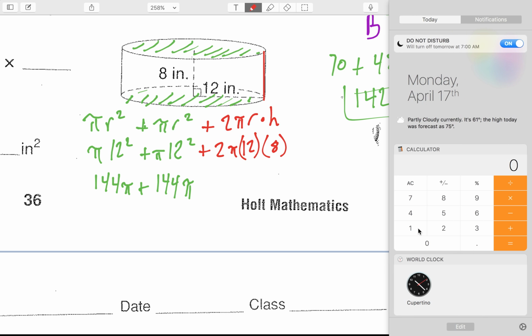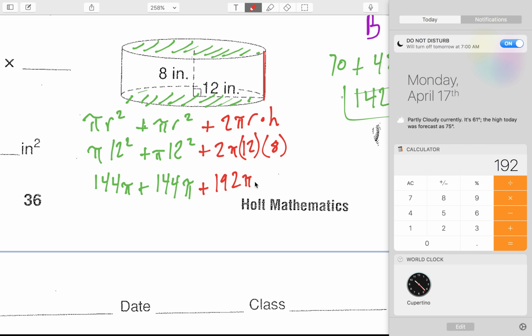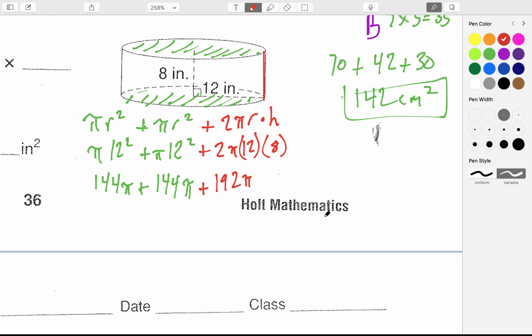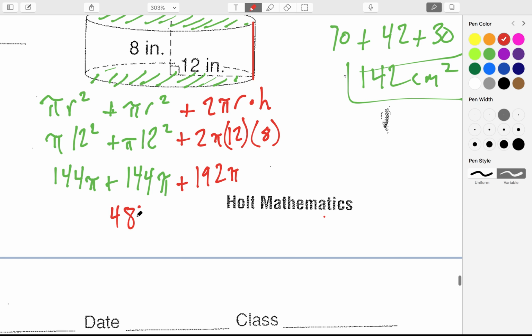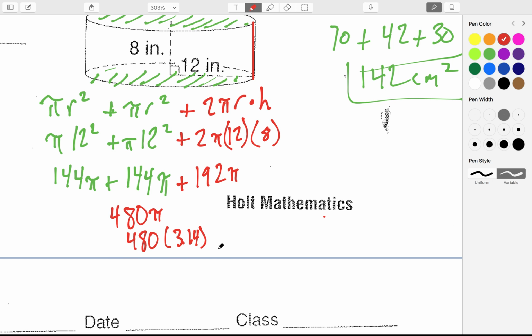Let's make sure because I don't want to get it wrong. 12 times 8 was 96. 192. Alright. So this is 192 pi. And now add it together. 192 plus 144 plus 144. And we don't have to plug in 3.14 till the end to make it easy. So this is 480 pi. And now 480 times 3.14 at the very end. So times 3.14 equals 1,507.2